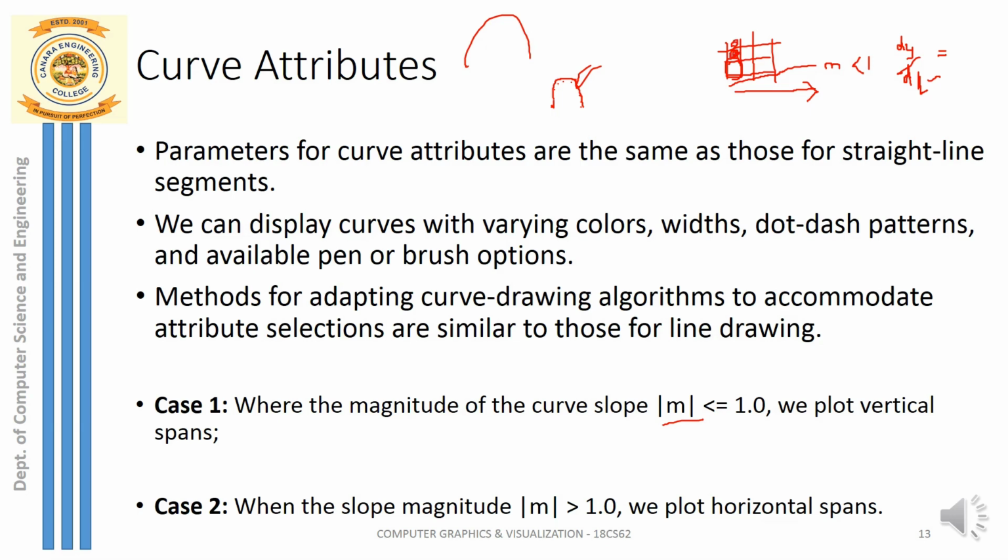If I have to draw a line or a curve which is almost vertical, the change in y increases rather than change in x. In such a case, the slope will always be greater than 1. So for all the lines where the slope is greater than 1, choose all horizontal pixels. So for such curves, horizontal pixels are chosen. So these are the two cases of how you draw a curve. More about this we can see in the later chapters.